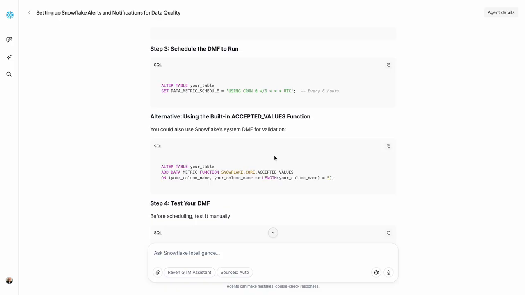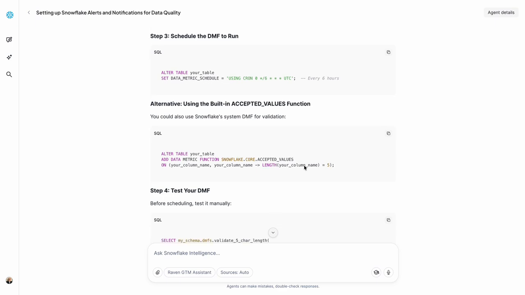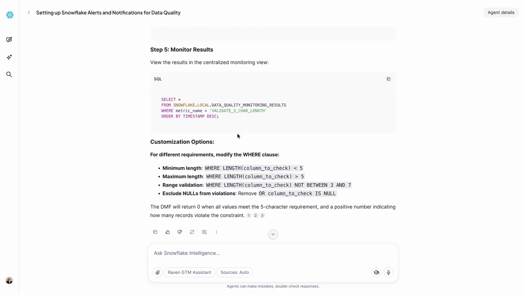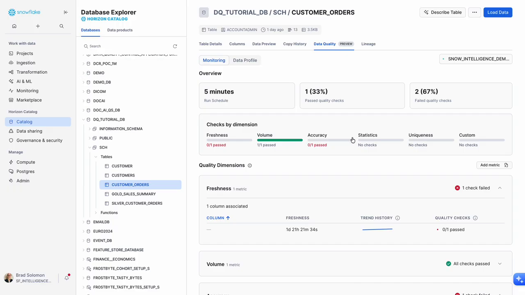An example would be if you wanted to do some type of validation of a column for size, or maybe you have various entries. You could have drop-downs for, say, 5 or 6 different selections, and set up a DMF for anything that's not among those 5 or 6 selections, if there was a fat finger or something like that. You would test it, monitor results, and use this going forward as you would with the out-of-the-box data metric functions as well. That really wraps up everything that I wanted to show today around the data quality